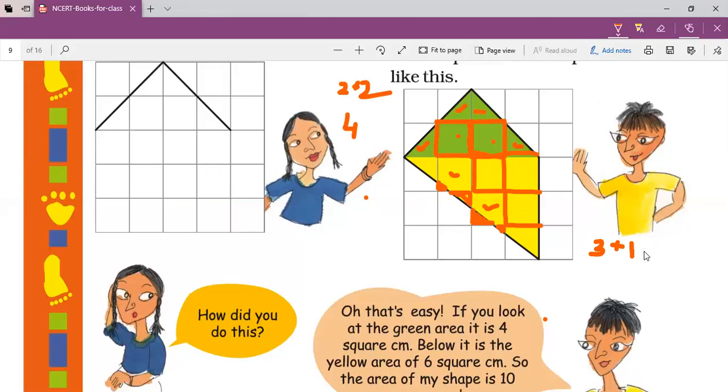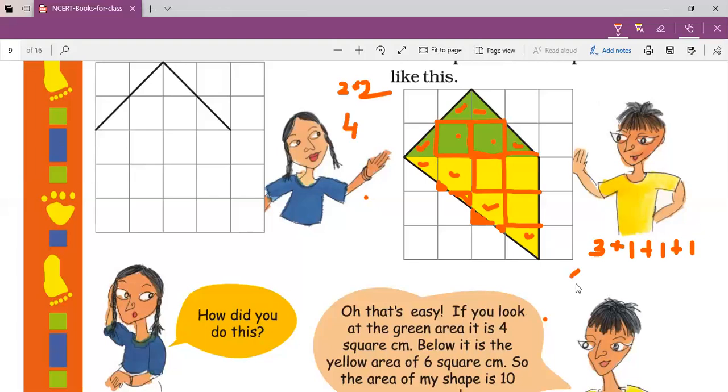Yes, it will. So plus 1, and the remaining halves: you can see this is a half part, this is a half part, half of the square and half of the square. So when we add two halves, what do we get? We get one more, one full complete square. So add this: 3 plus 1 is 4, 4 plus 1 is 5, 5 plus 1 is 6.